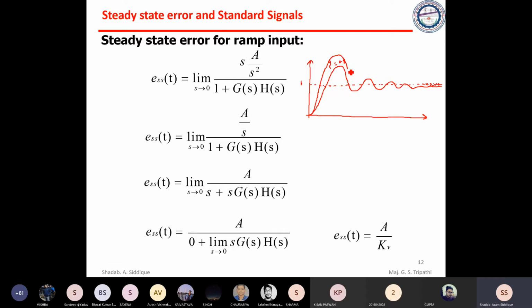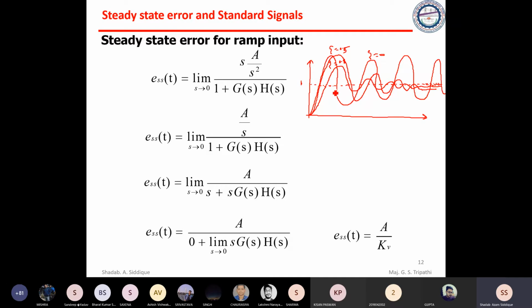So zeta equal to 0.5 means the oscillation will be more. Not exactly the same, it will overlap. So this is for zeta equal to 0.5. If we have zeta equal to 0, it will not be damped, it will be oscillating, undamped behavior. If we increase zeta, zeta equal to 0 was undamped, zeta equal to 0.5 has a little bit of damping, and now with zeta equal to 0.8, the damping is improved.